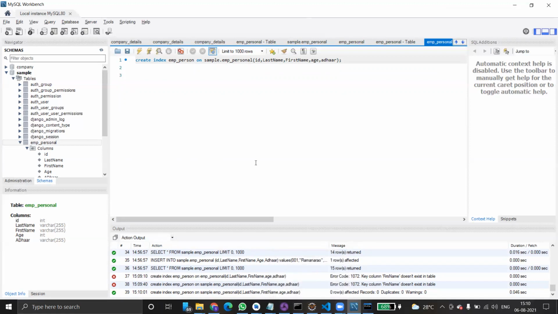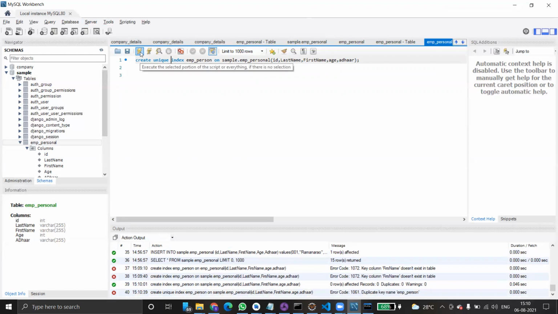So now what do you have to do? Create a unique index. We can also create a unique index on a table. Duplicate values are not allowed. That means if you have any duplicate values, it does not allow duplicate entries. How do you create it? Very simple. Here we have to add unique. That's all. Execute this. See, we got an error. Create unique and so on. It is not possible because duplicate entries were already inserted. That's why we cannot create it.